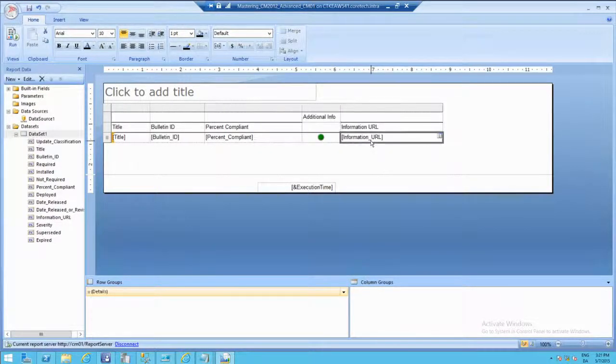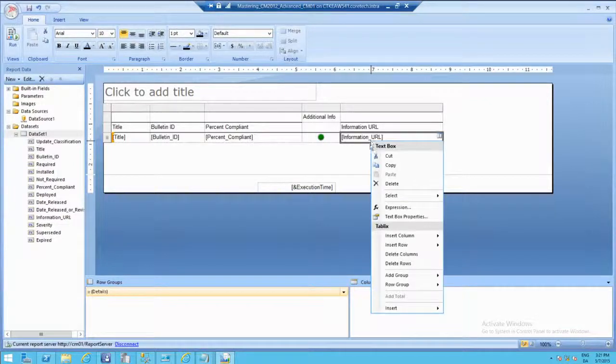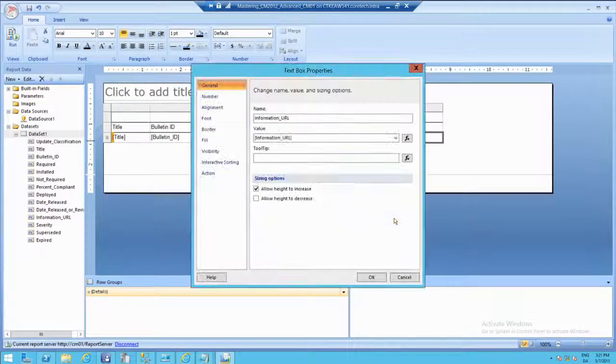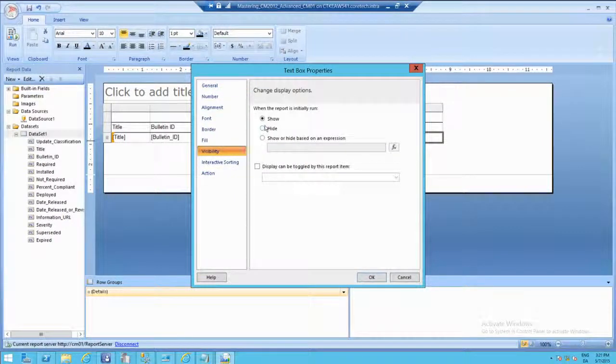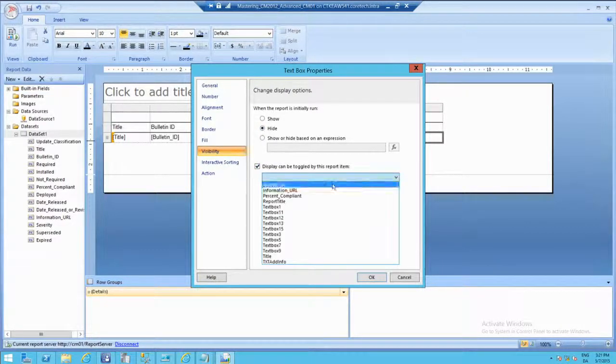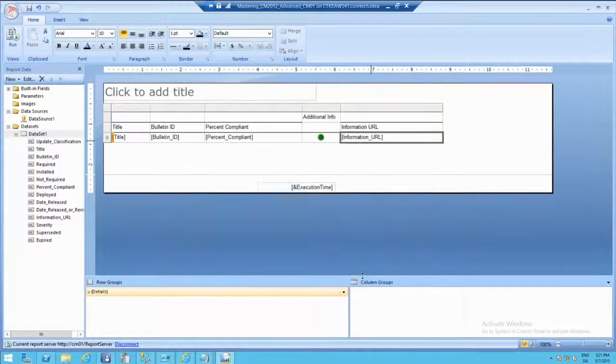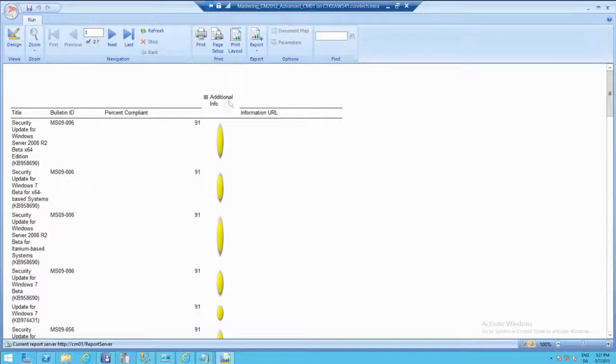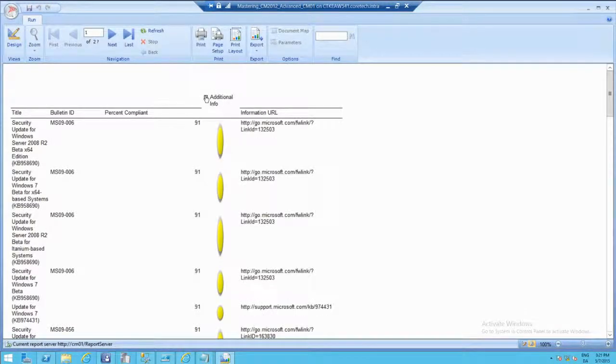And then I'll go down to my information that I want to hide. I go into the text box properties here, go to visibility, and by default it's shown. So I'm going to hide it, and then say that based on what we toggle on my first box here, I might be showing that or not showing that. So just by spending a few seconds, literally, this just took me like 2